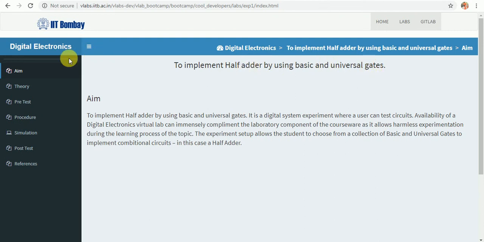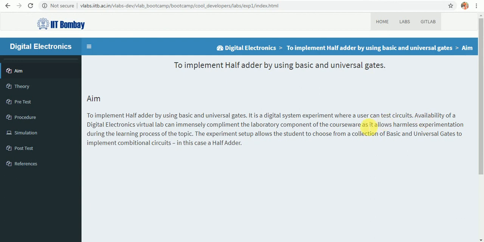Now here you can see different tabs: aim, theory, pre-test, procedure, simulation, post-test, and references. I click on aim. So in this window you can see the problem statement. To implement half adder by using basic and universal gate, it is a digital system experiment where a user can test circuits.